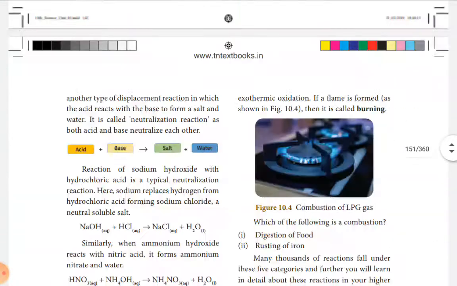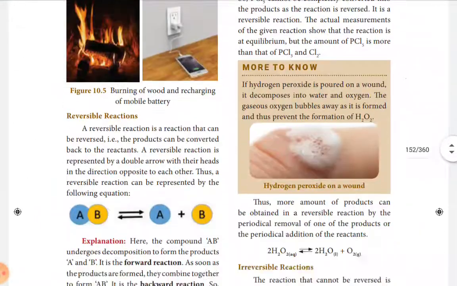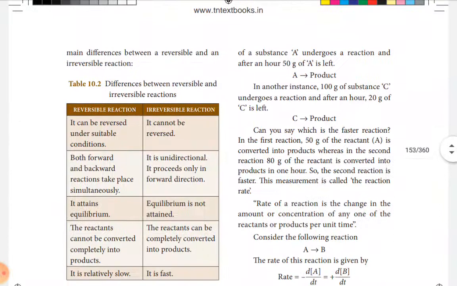Then in case of irreversible reaction, the product cannot be converted into reactant, cannot be reversed. So the reaction takes place only in one direction, only in the forward direction. And also we have discussed the differences between reversible and irreversible,